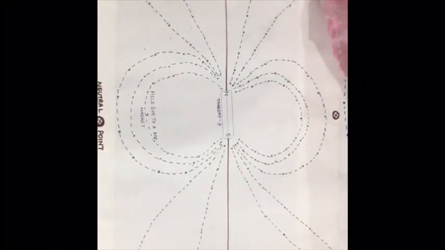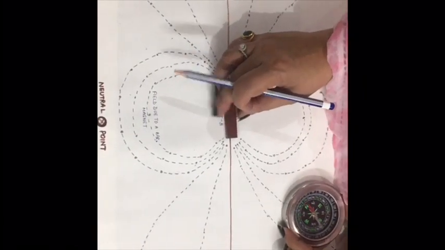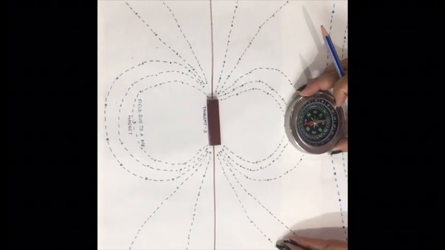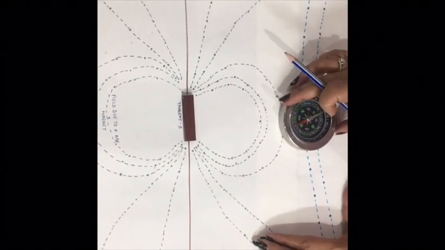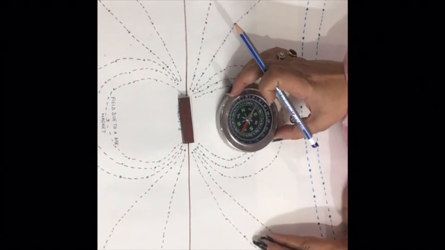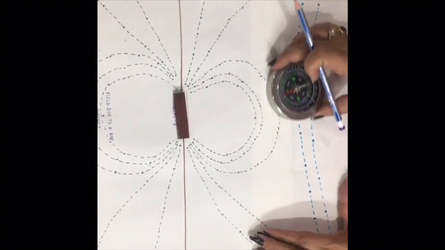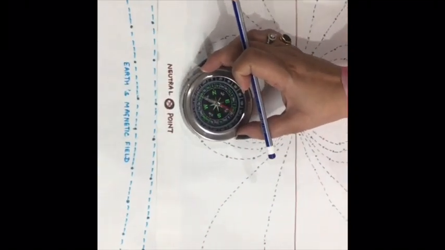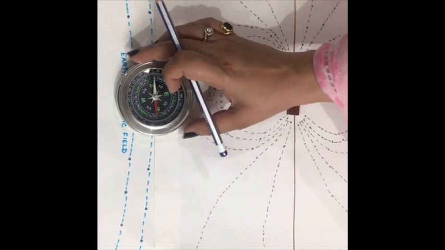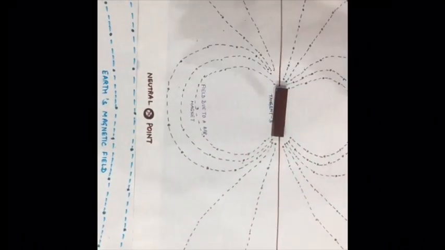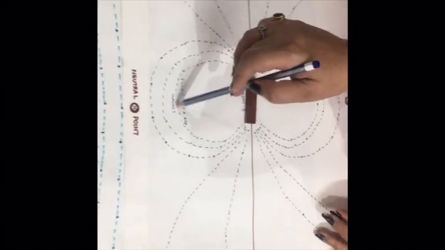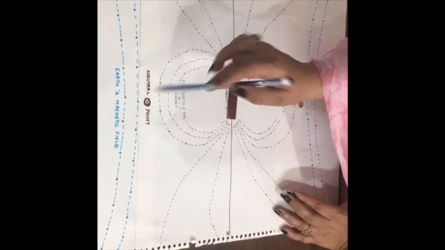And a very interesting fact, if I show you the needle moving along the equatorial line of this magnet, there is a point when the needle becomes vertical. Otherwise you see it was horizontal, now it revolves arbitrarily. So this is the neutral point. Same way here also we are getting the neutral point. See, the needle rotates here. This is the neutral point, and after that the field of earth starts on both sides. So neutral points are those points where magnetic field due to a bar magnet is cancelled by magnetic field due to the earth.